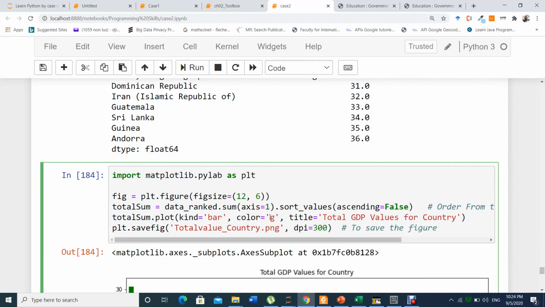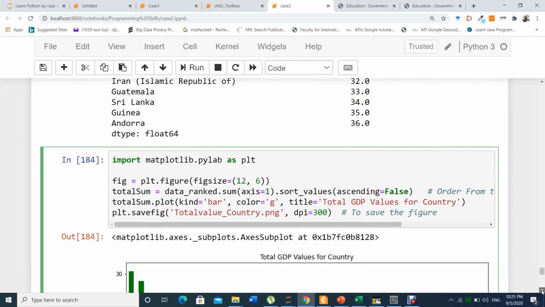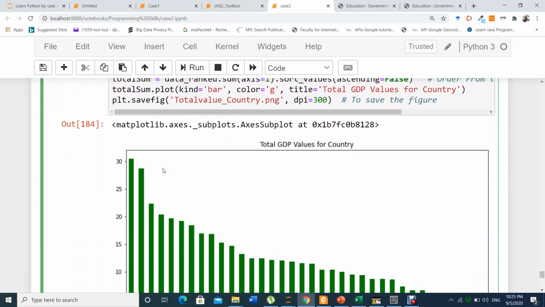Also, sometimes when you get the result, you don't want to select it or try to copy the image, the graph. This savefig will help us save our figure, and we give it a name. For example, total value quantity png, and this is the dots per inch, the size you want to print.